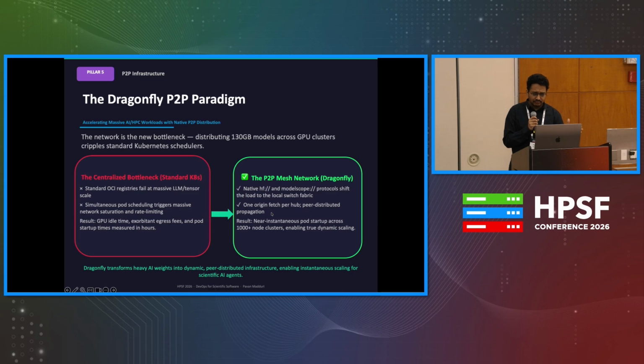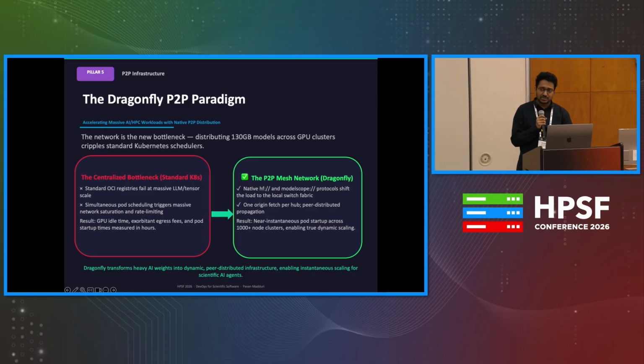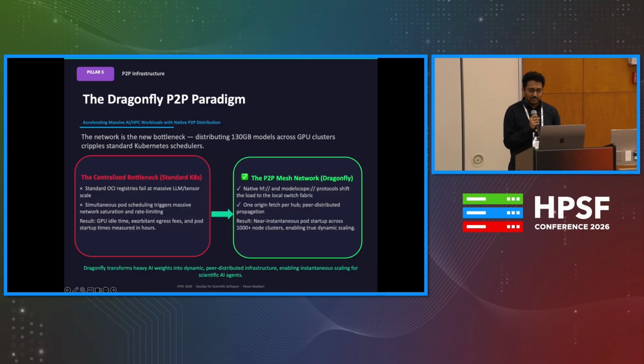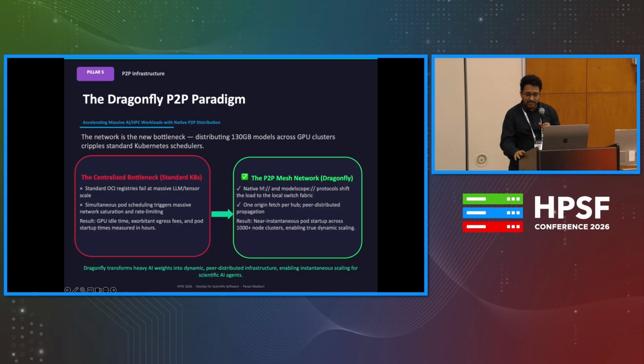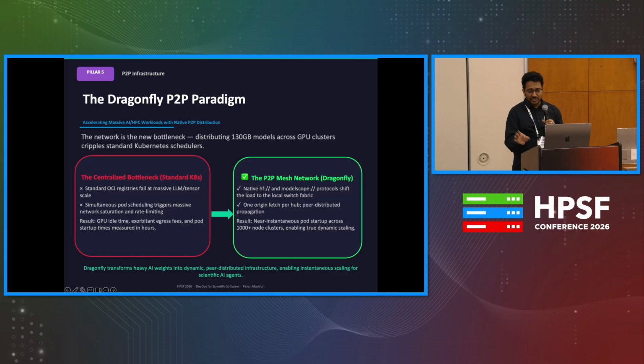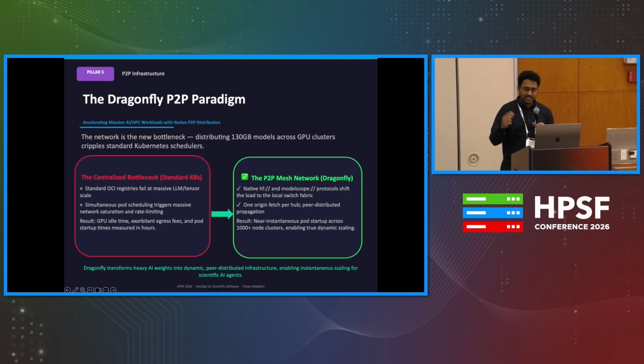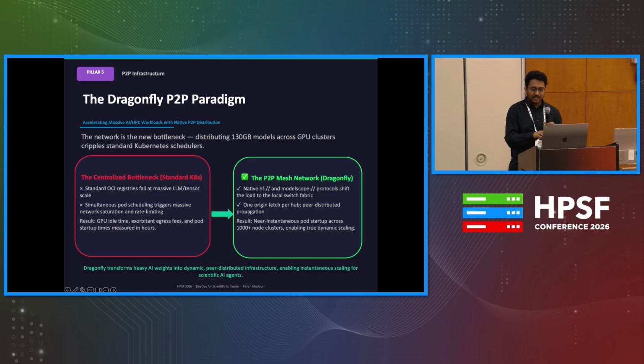So this is where there's a tool like Dragonfly. This is where the architecture fundamentally needs to change. We need to stop treating ML workloads as traditional static container images. That's where peer-to-peer infrastructure is able to resolve that. To solve this, we recently worked on the CNCF Dragonfly project, where the peer-to-peer distribution protocol comes in. So instead of 200 nodes all pulling from the internet, the cluster pulls exactly once into a seed peer, and from this seed peer the nodes form a